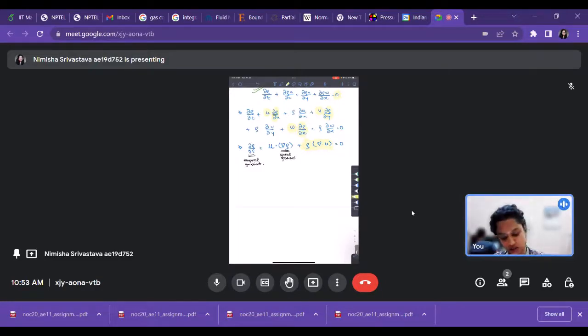Now in this term, density cannot be zero. It is physically not possible for density itself to be zero. Therefore, what we must have is this term, that is del dot u, must necessarily be zero. Therefore, for incompressibility,